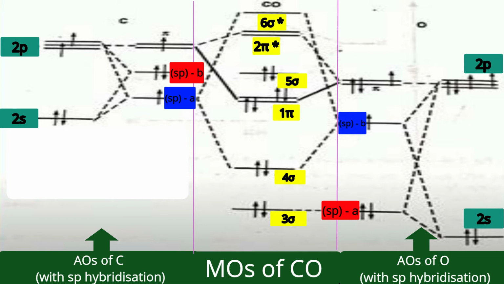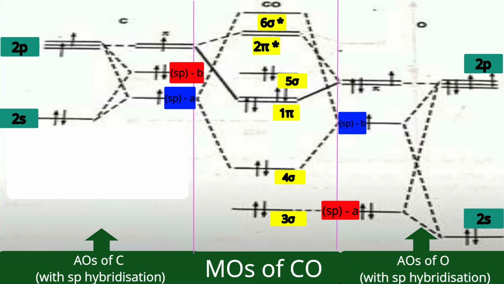And I said already, the purpose of hybridization is bond formation. So the electronic arrangement will be in such a way that bond formation is convenient. To this sp orbital, oxygen has an sp orbital, that is the spb orbital, which has an electron. So here forget about the Aufbau principle. The electron will be in the spa orbital of carbon. For what purpose? To form a sigma bond. So you will understand the formation of the bonding orbital, sigma bonding orbital, 4 sigma, and the anti-bonding orbital, 6 sigma star.